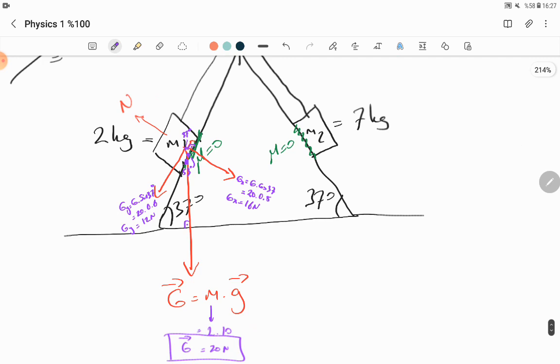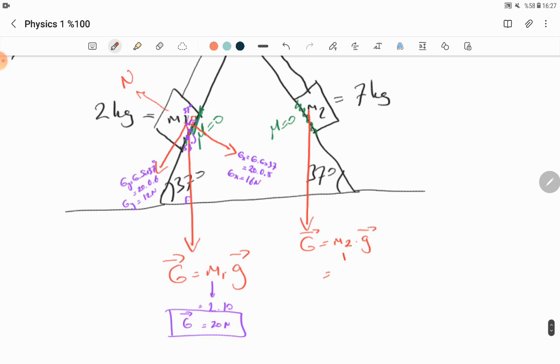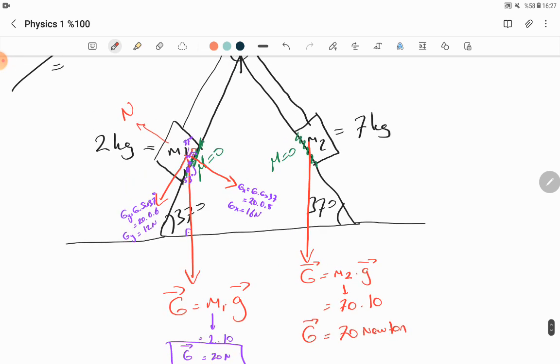Yes, and then let's look into the second mass. Firstly, draw the gravitational force direction, this one, and mass 2 multiplied by gravitational acceleration. Here the value of mass 2 multiplied by 10 is 70 Newton, the second object's gravitational force, and this has a right angle here, and the value of this angle is 53,